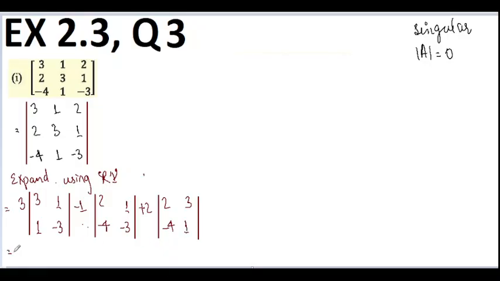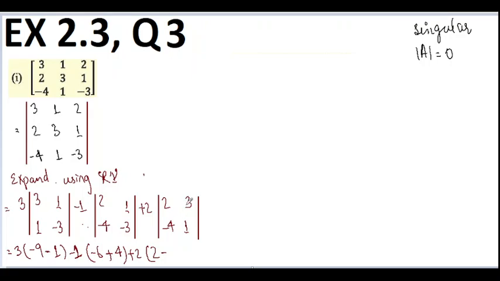Now we are going to open these determinants, so we get 3 into 3 gives us 9, and with a negative sign, so -9 minus, because there is a negative sign between the product of the two diagonal or non-diagonal entries, and then 1 into 1 gives us 1, -1 will remain as it is, and then finding the determinant, the diagonal entries are multiplied -6, and then a negative sign is multiplied with -4, so we get a positive sign, because negative with -4 gives us +4. Then +2 will be written as it is, so +2 into 2 into 1 gives us 2,